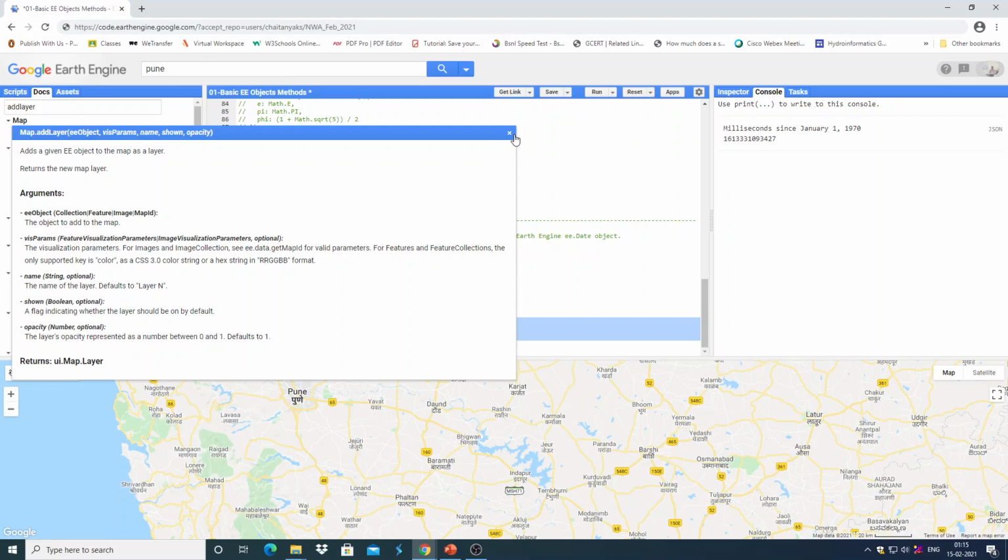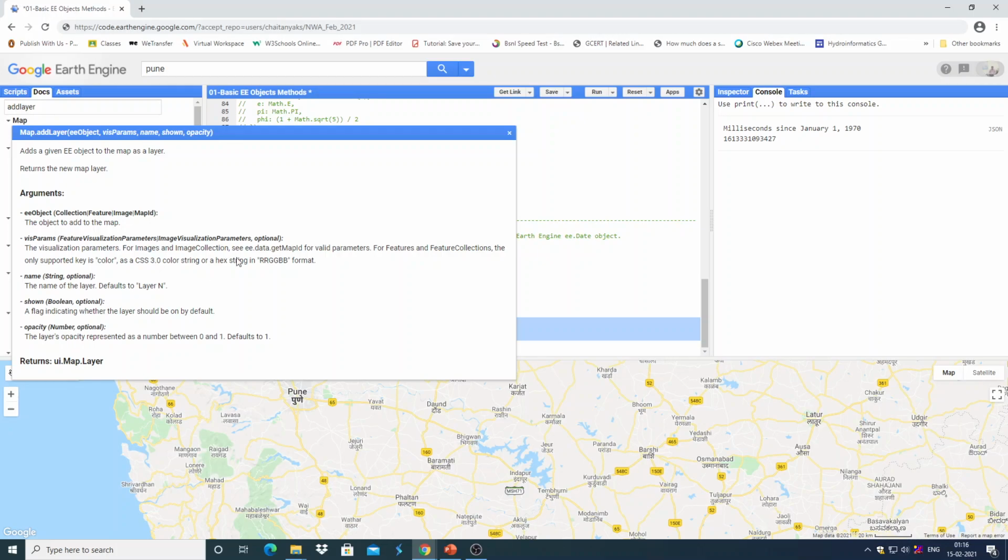However, there is an alternative where you can pass these parameters in any order, by making use of a JavaScript object as an input, where object means a dictionary, where the keys will be the names of the parameters, whereas the values will be the arguments which you are passing.